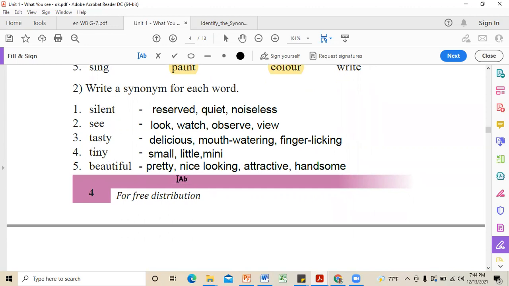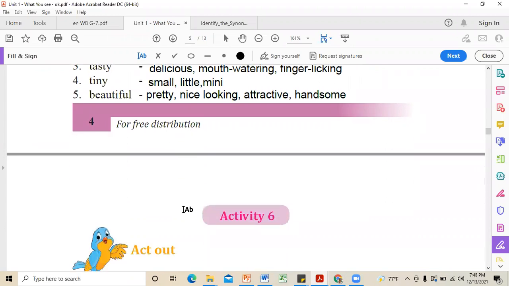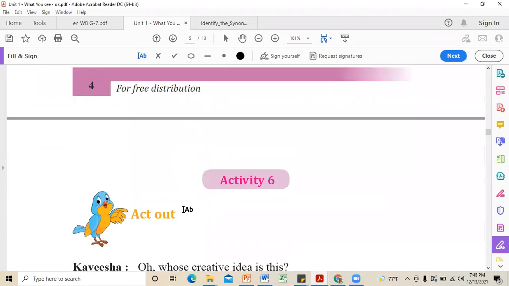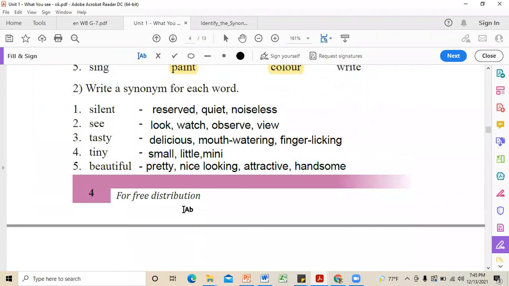So I hope you have added a few words to your vocabulary. This is what we need to do when we do these exercises or activities. Each day we need to learn something new. We need to add some new words into our vocabulary, right? We do not always need to use a lot of complex words, but even with very simple ones, we need to have some variety so that when we are writing something, we know how to use them differently, right?